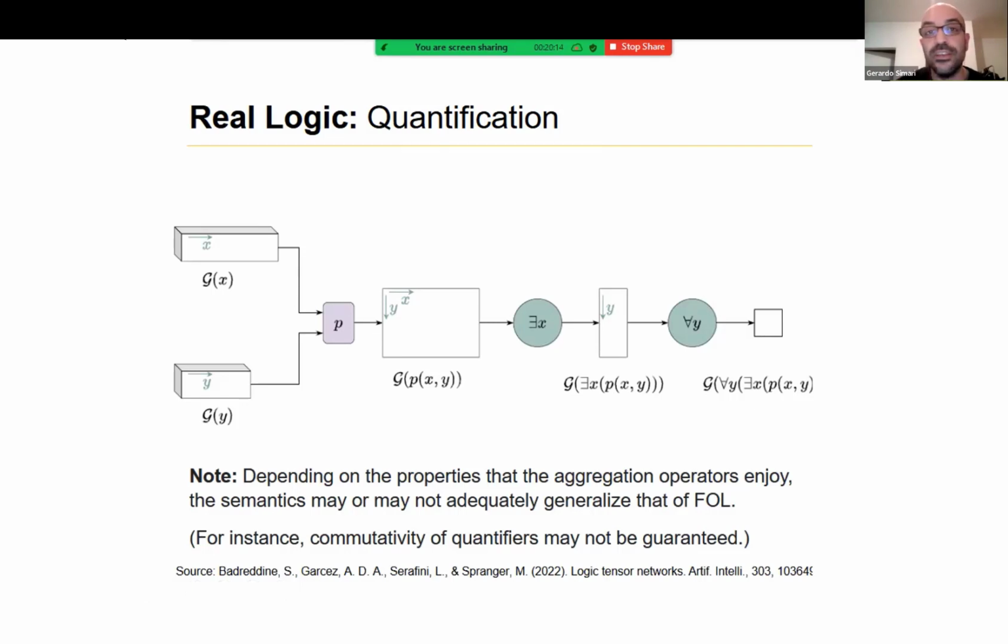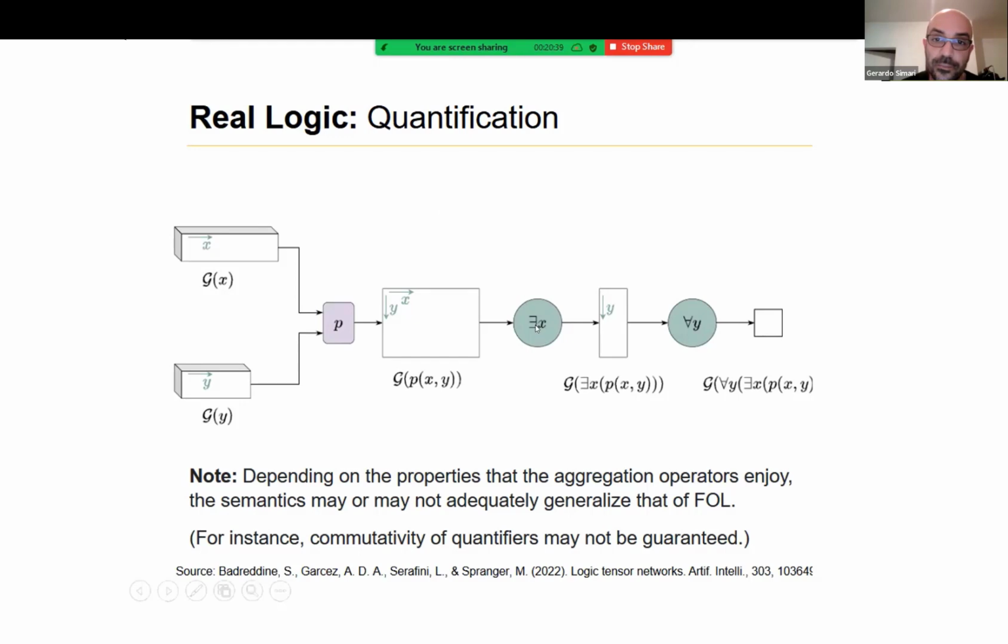And if you don't have any of those, a formula without any free variables is called a closed formula. That formula has to either be true or false. That's why we only get a single value, right? And then here there's an interesting caveat, because depending on the properties that the aggregation operators enjoy, so these existential